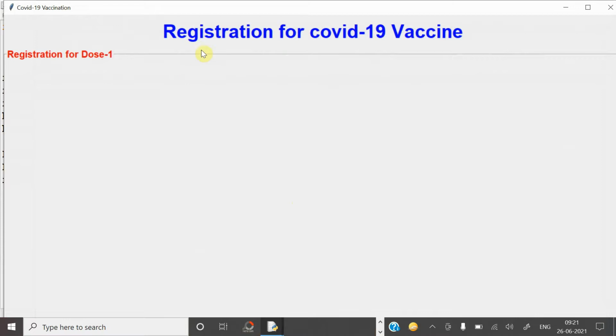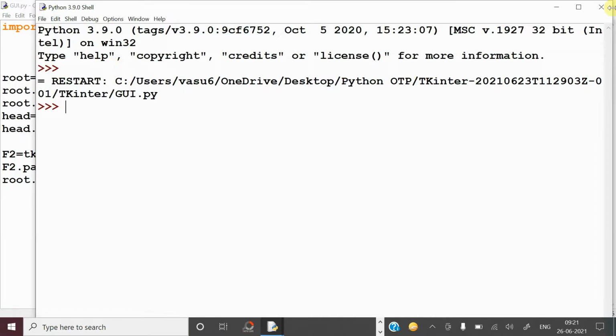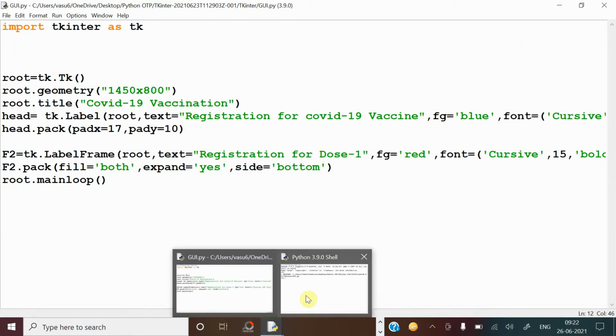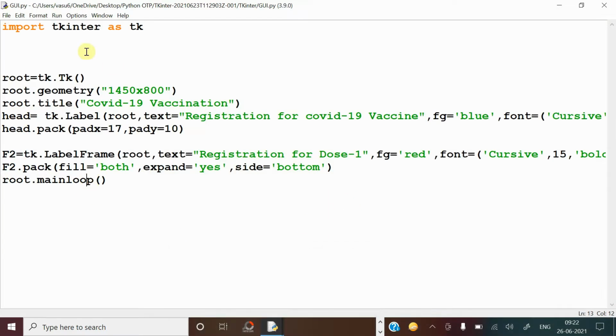See this one. So below that, this window has been packed, and for this frame, registration for those one. So this is the frame with label. So like this, for this frame, one text will be visible. So like this, I have created frame. Now all the things are ready. Now you have to keep some GUI components for this window. So let us see how to do.